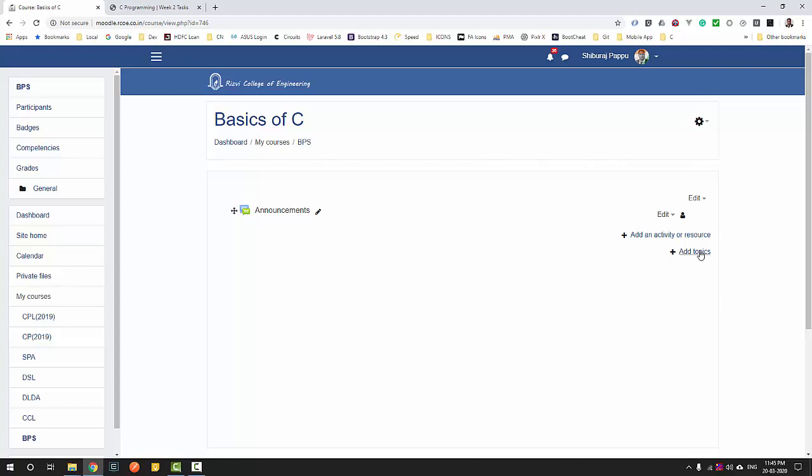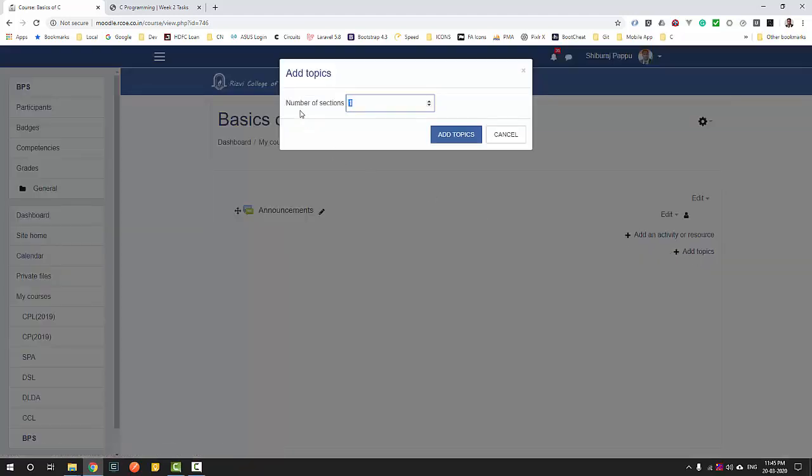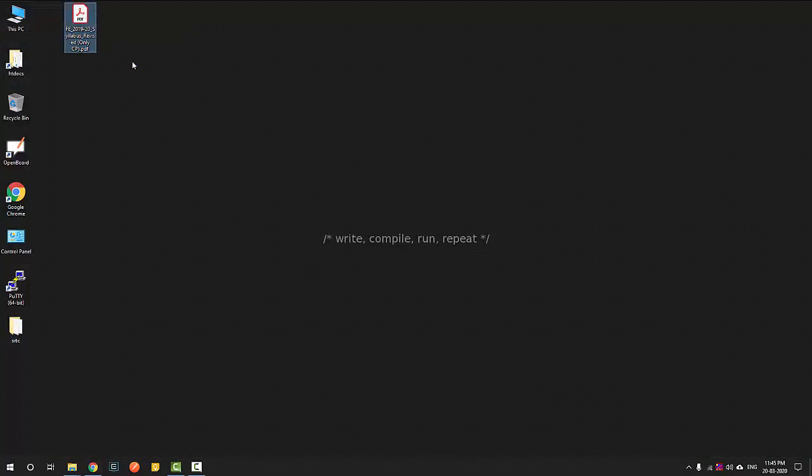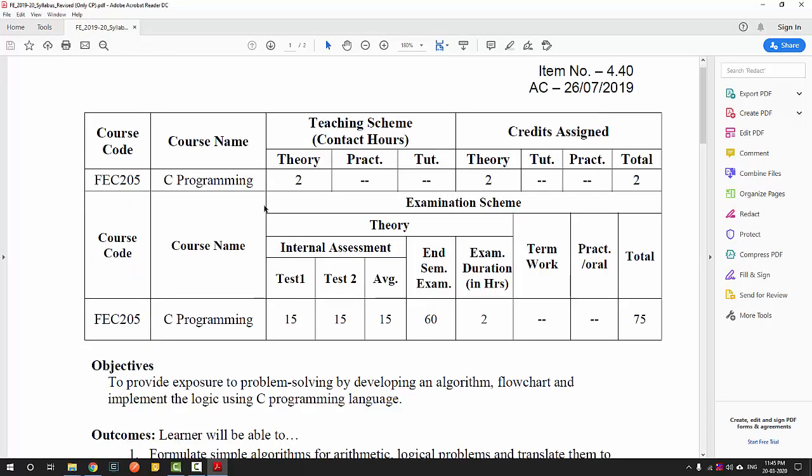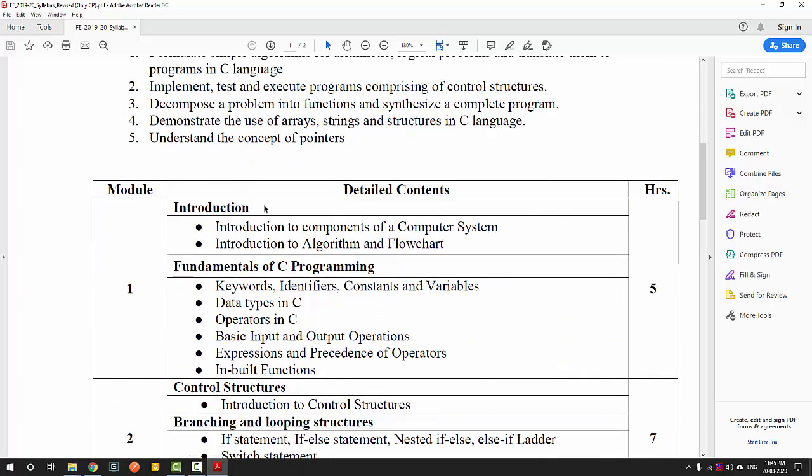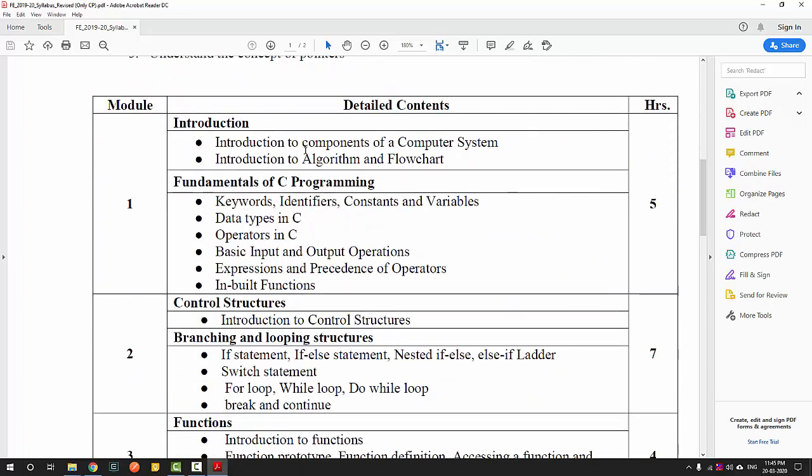Okay, so basically it's very simple. Just click on add topics, and it will just ask you how many topics you want to add. Now before selecting the number, obviously you can change it later also. So before selecting the number, it is always better to open your syllabus. So this is the syllabus for the subject that I'm trying to make the